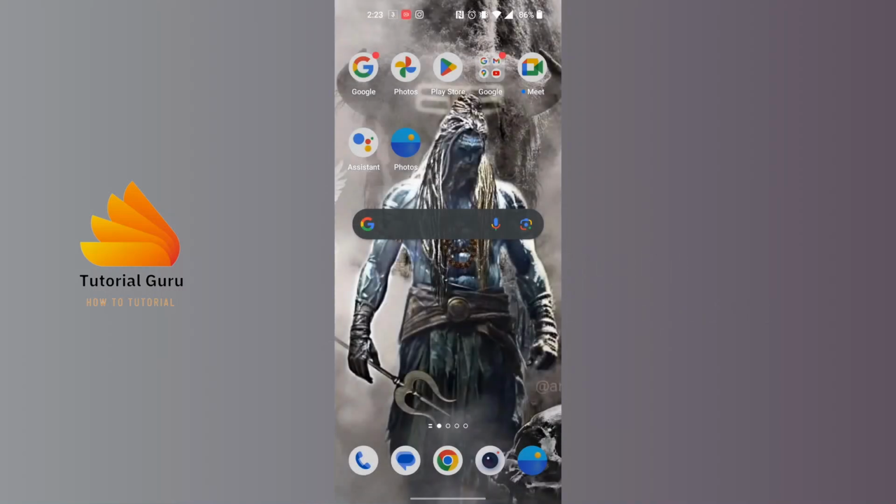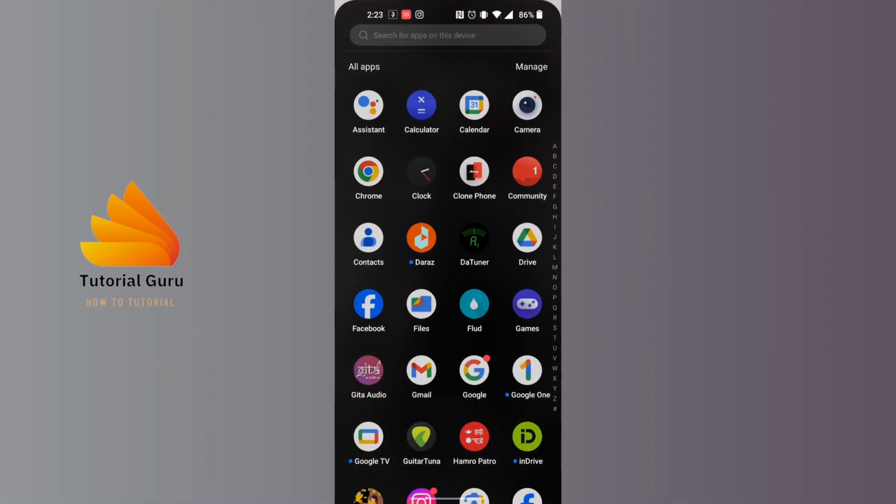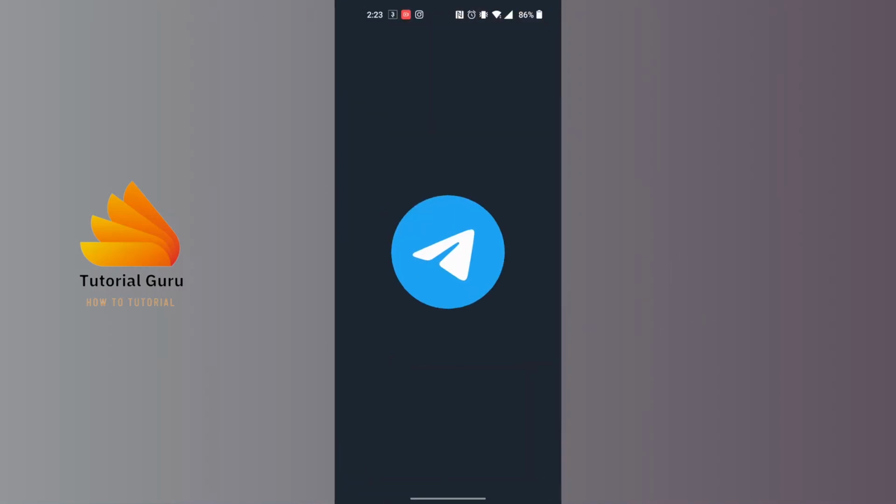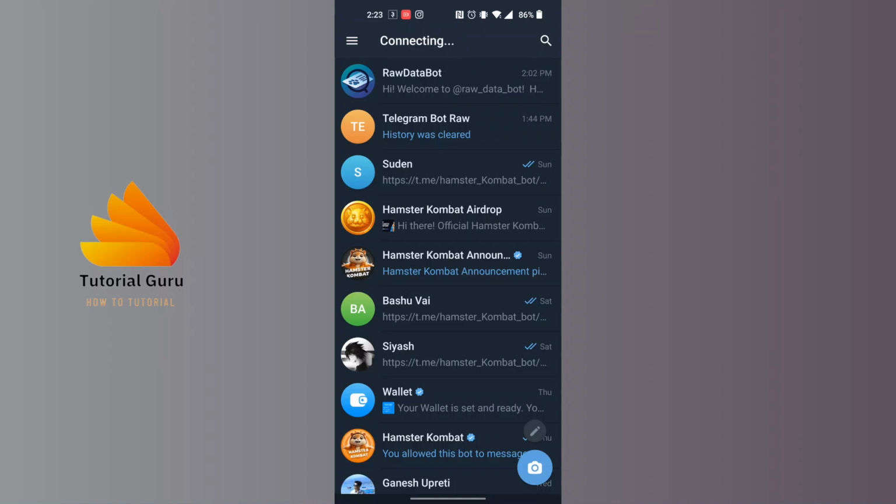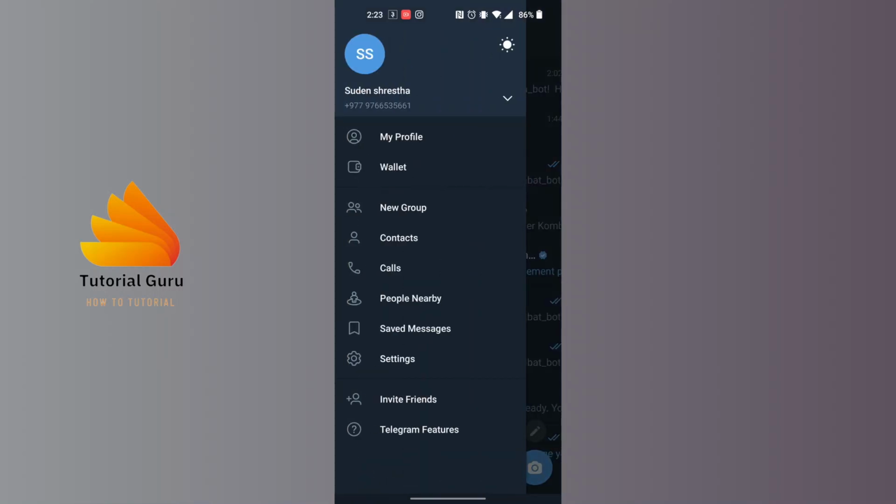Now to turn off night mode on Telegram, first open up your Telegram app on your phone. And after opening your Telegram app, guys, on this interface at the top left corner of the screen, you can see there is a three-lined icon available for us. Tap on that three-lined icon and you will have open this interface where you can see there is the settings